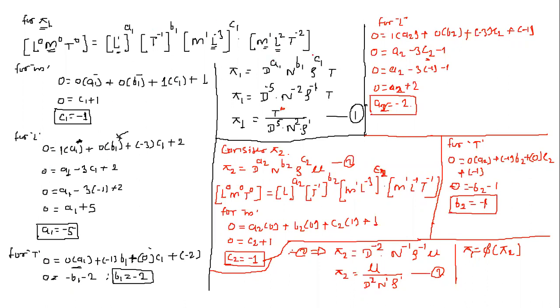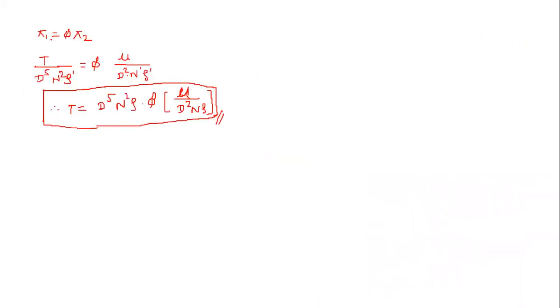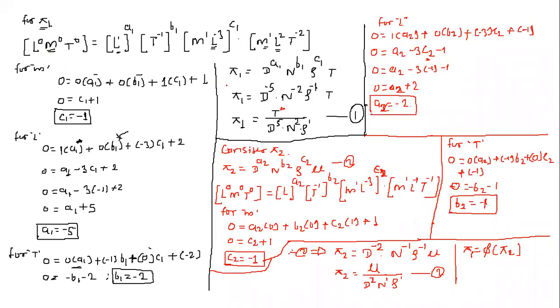Then after getting the values of a1, b1, c1, we substituted them in our pi term, raised to those physical quantities, and established a relationship for pi1. Similarly, we did it for pi2 and established the relationship between the variables we considered in the pi2 term. At the last, we have torque as the dependent variable in pi1, so we want to establish the relationship of this torque with respect to the other variables.